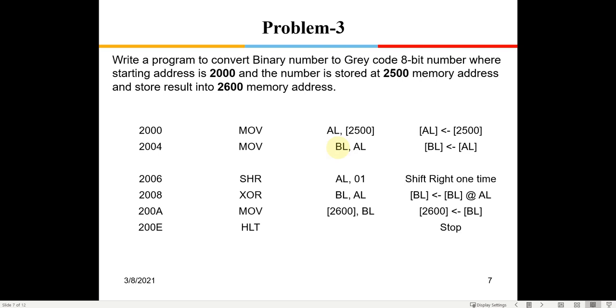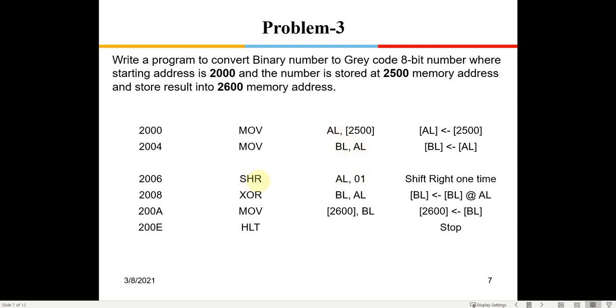I told you during the last tutorial also, whenever we need to get the same data from memory into two or more registers, it's a clever thing to move from register to register rather than getting it from the memory again. Instead of two memory to register operations, it is better to have one memory to register operation and then register to register. Register to register operation takes less clock time. So now this same data is available here.